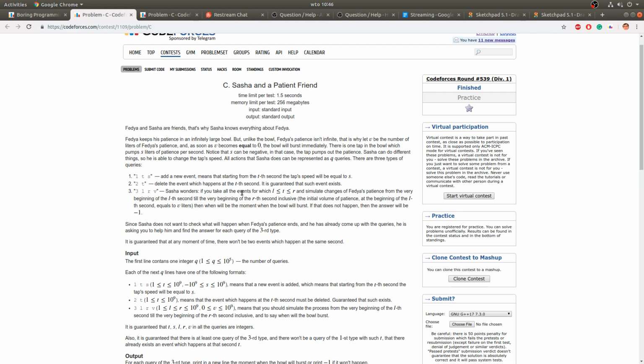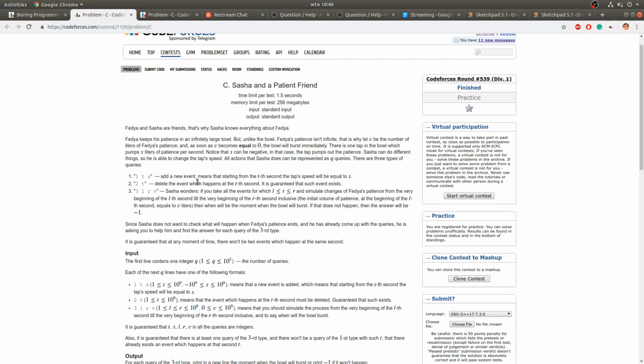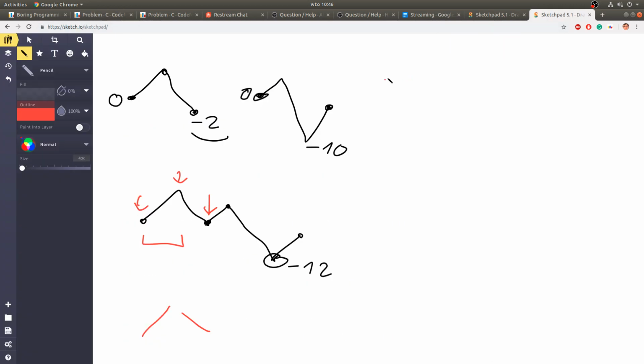I will assume that at least. So I want to work on segments, not on points. But for that I need to do some extra work because the queries are about points. And for example, if